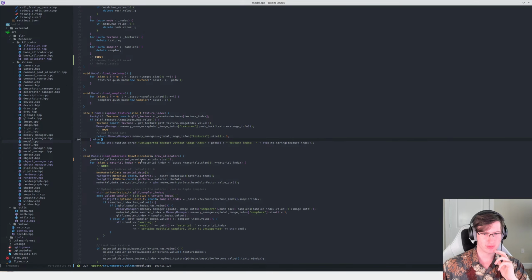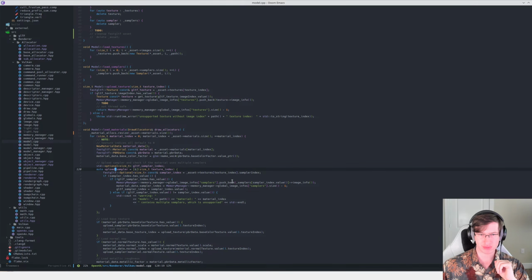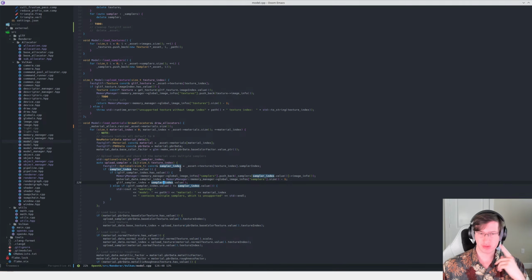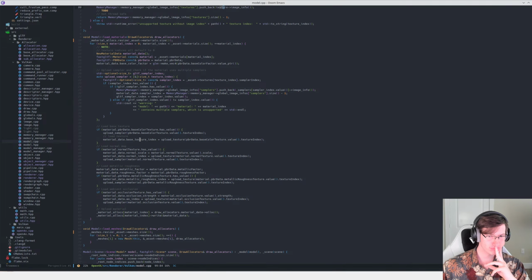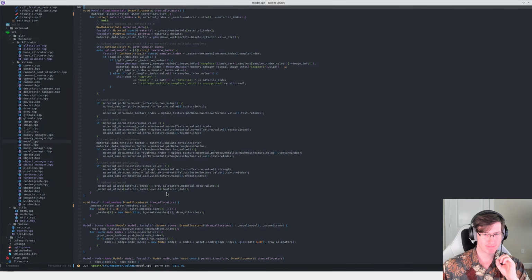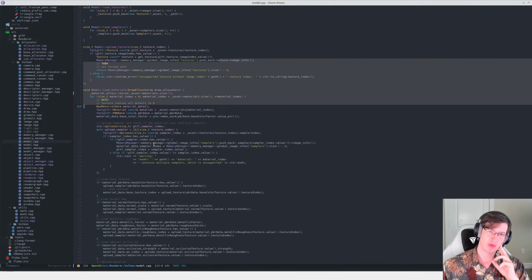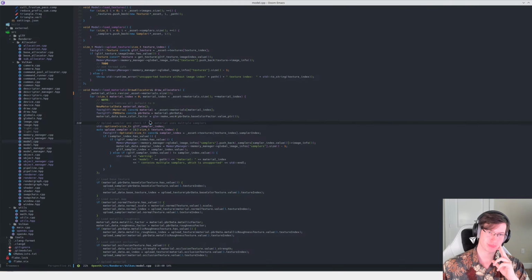And then I think there's also upload sampler. This also does things. It has this sampler index, and I'm not clearing these out. And I need to. So I'm not cleaning up materials properly. Is that a better way of thinking about it? Maybe. All right, so there's samplers, textures. So I guess on the model, I want to keep track of